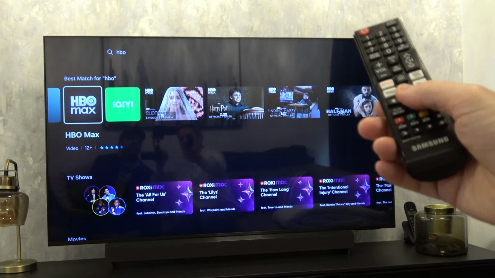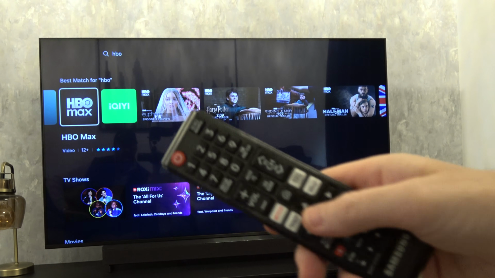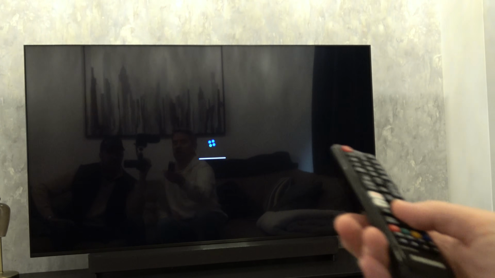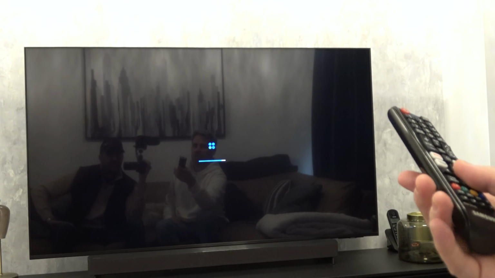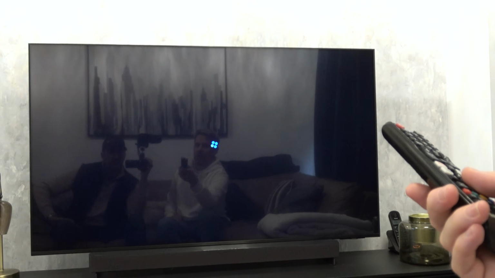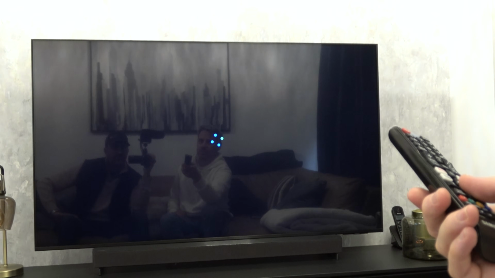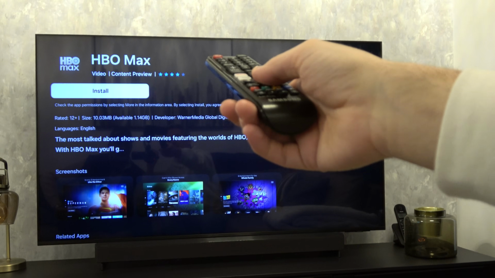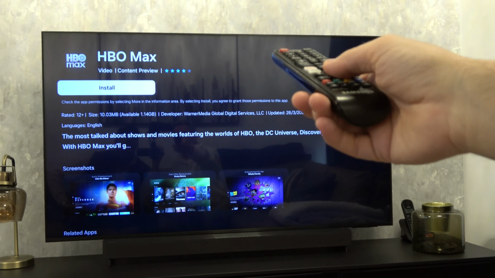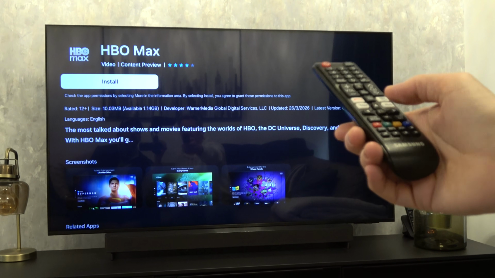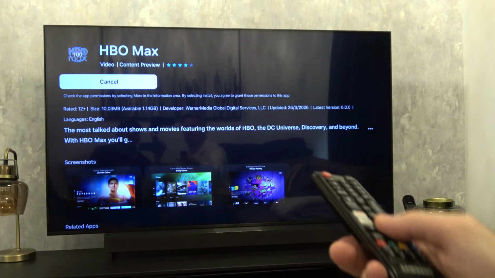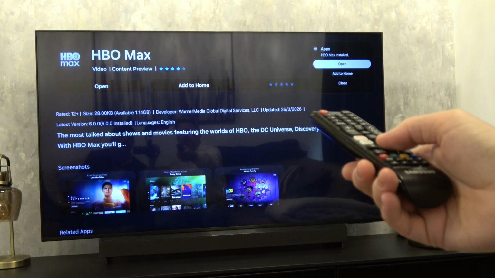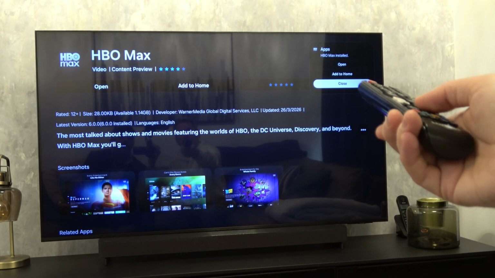So don't think it's automatically going to be on the left hand side, because it's going to show a load of shows that begin with H or a B or an O. And if you go to HBO Max, you can see then that we have it here, and it tells you how big the size is and what we have available. So it's only 10 megabytes, yet we still have 1.14 gigabytes available. So I'm just going to go to install, and now it's going to install it, and now we can open it from there. I'm just going to go to close,